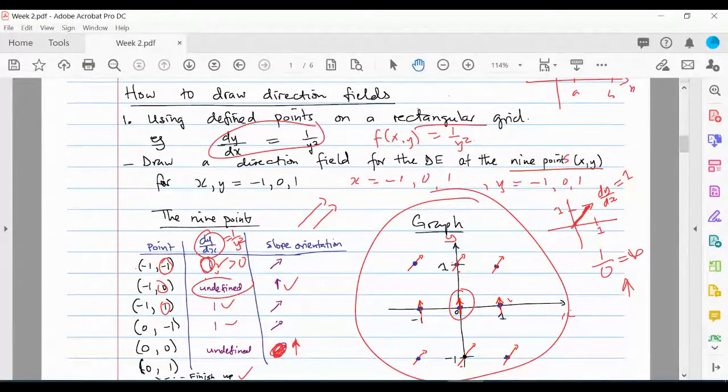If for example the slope was 36, then I have to move just 1 in there and then 36 in this direction, so it will be almost straight. But if it's 1, it goes there. This is for 1. For 2, it is somewhere there. So how the orientation looks depends on the value